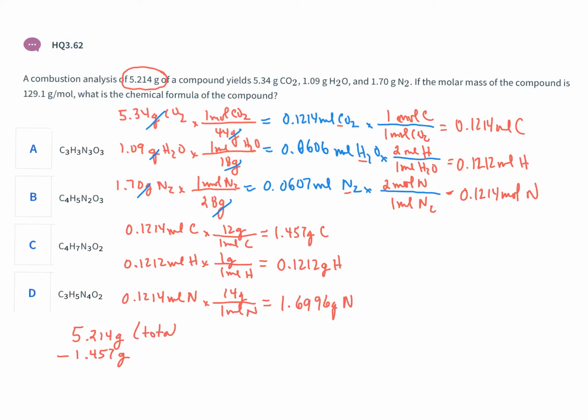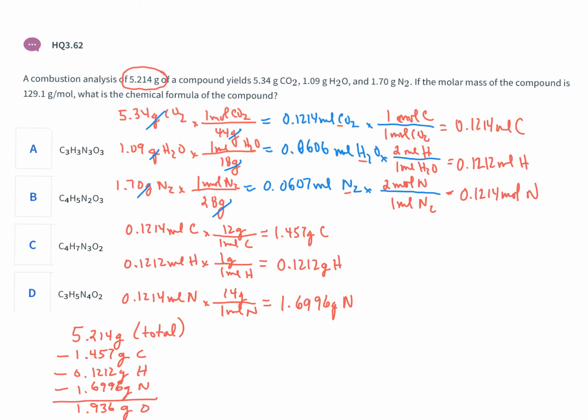This is my total. Subtract carbon, subtract the hydrogen, 0.1212, subtract the nitrogen, 1.6996, to find that the remaining mass is approximately 1.936